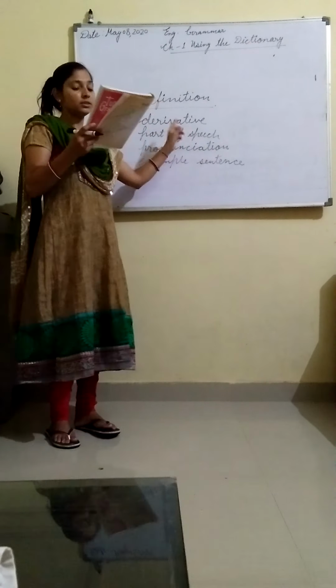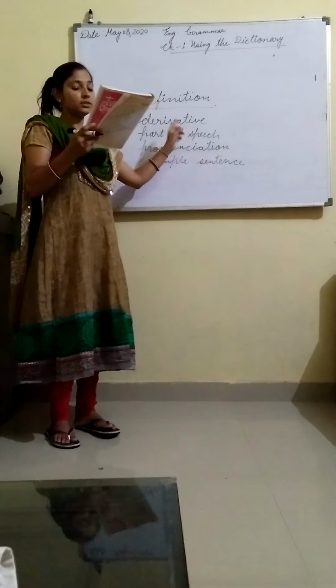So what letter comes first? A. Then after that B. So when you look in your dictionary, you will get the words which begin with the letter A first. A, then double A, then AB, then AC, according to that. When you finish the A words, after that you will get the B words. For example, bat. Then double B words, then BC words. According to that you will look for the words in your dictionary. So let's start today's study.